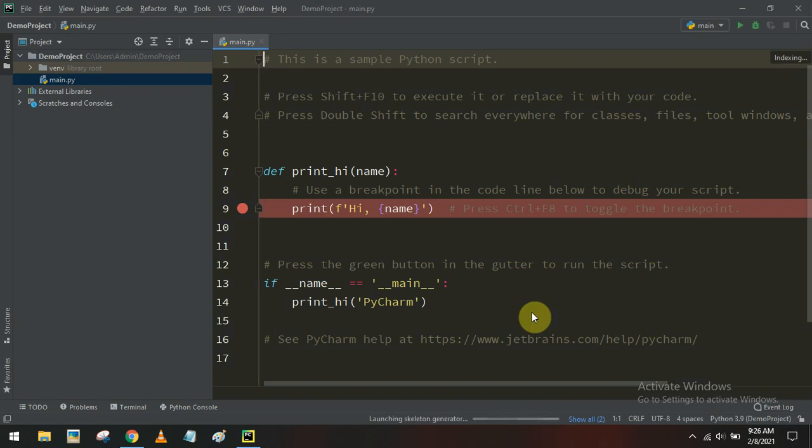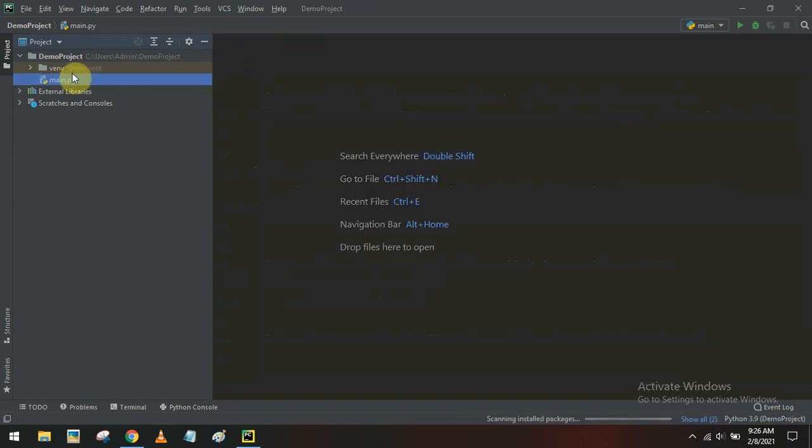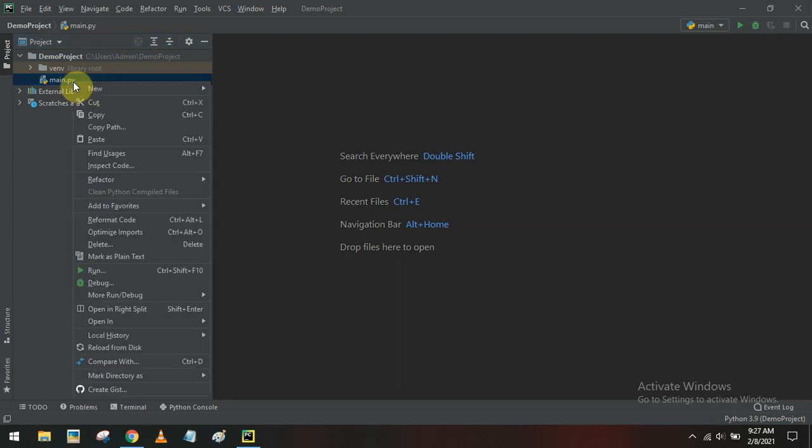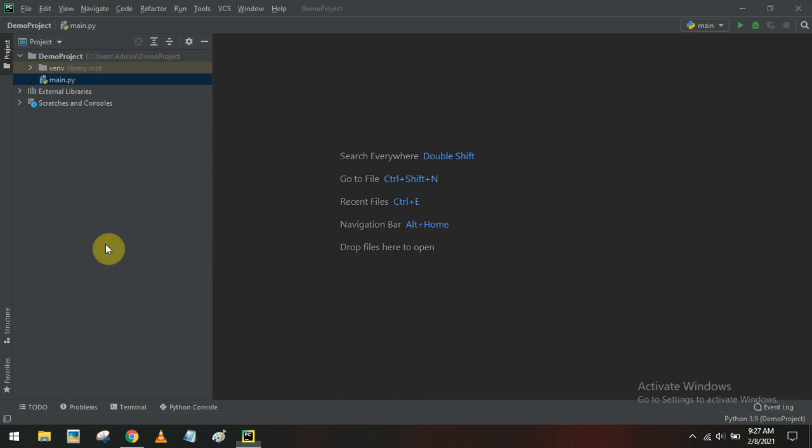After creating a project, you will be getting a window like this. This is a default page automatically created, called the default program main.py. So this we can close. And on the left side you can see the project directory. This is the project directory, demo project, and this is a library for the Python interpreter. In this project folder we have to create the Python programs. By default there is a Python program created called main.py. So this we can remove. You can right click and there is a delete button.